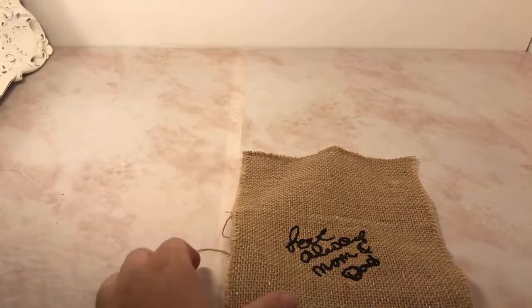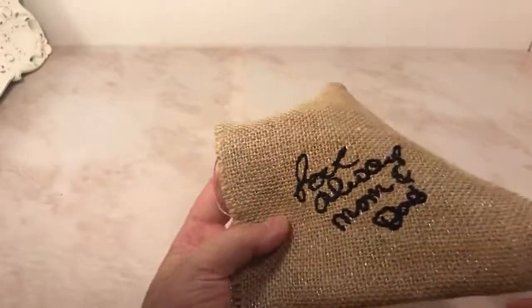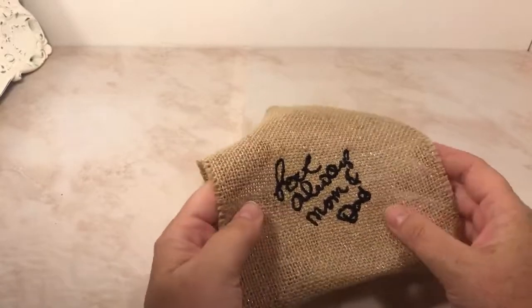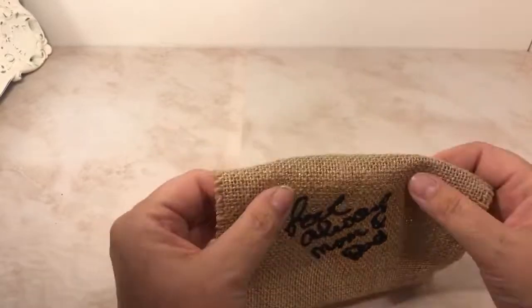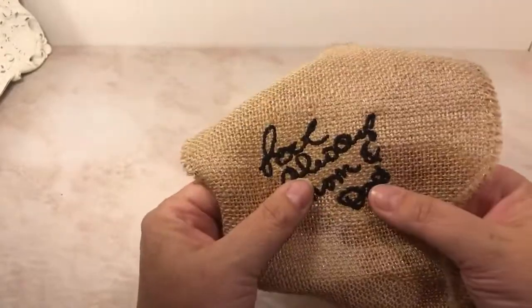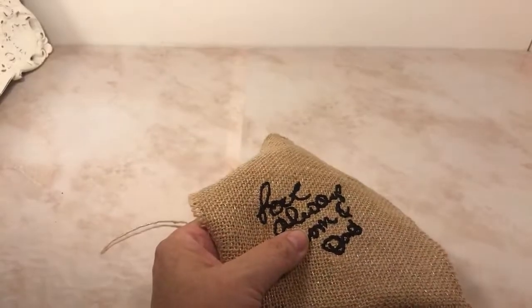I'm just going through my old box of embroidery stuff that I, what do you call it, practiced on. I just thought this would be a fun thing to go through together so you guys can see how bad I was at the beginning too, and also kind of talk about